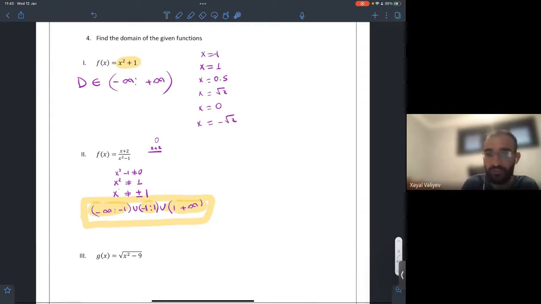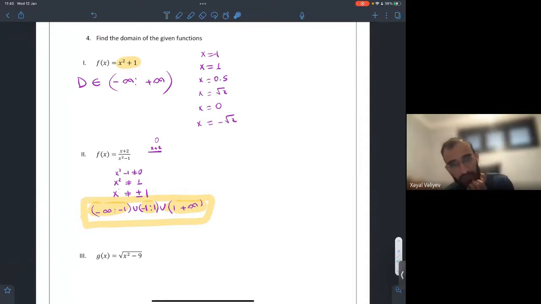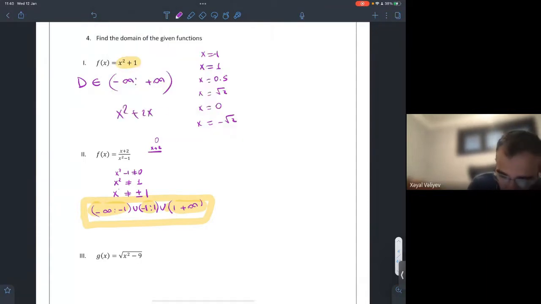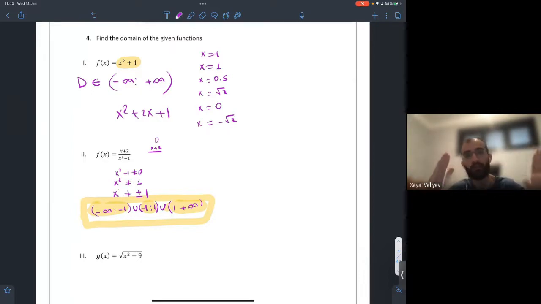So obviously, let me just save this, and then Ophelia, you're back to your question. Whenever we have polynomial expressions, for example x squared plus 1, or x squared plus 2x plus 1, the domain of these polynomial functions is always going to be negative infinity to positive infinity. But when you have